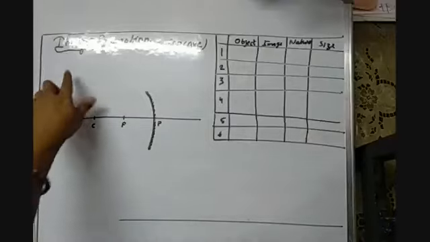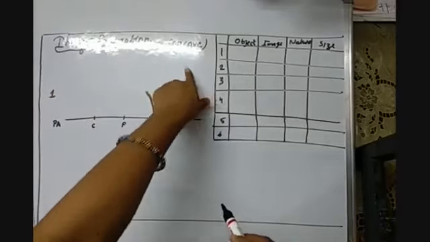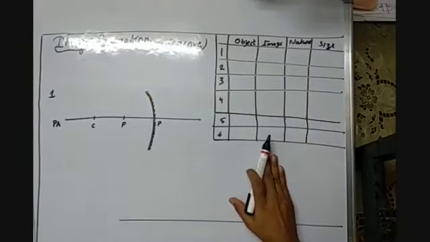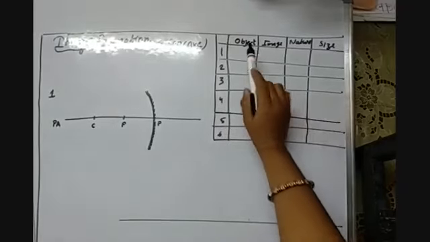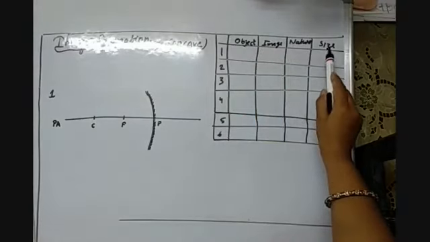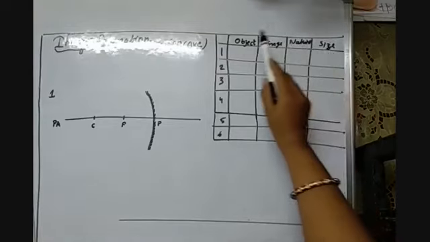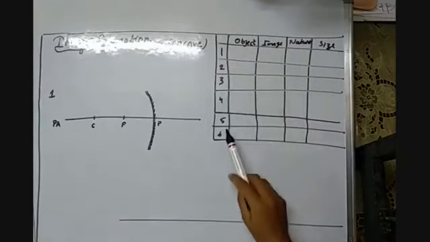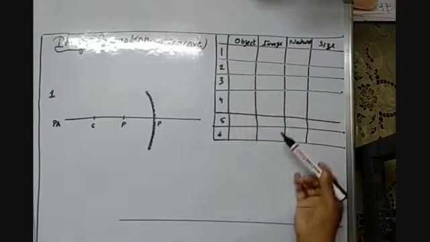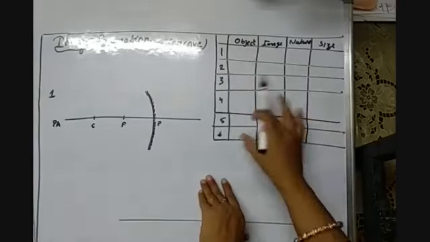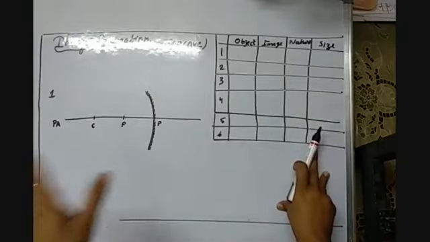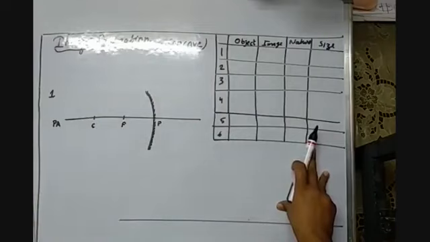Dear students, now let us begin with the image formation using concave mirrors. Here in front of you I have made a table at the right side. Here there are four things: the position of object, the position of image, the nature of image, and the relative size of image as compared to the object. Here I have made 6 rows and 5 columns, and in each of them we will fill the details according to the ray diagram that we are going to make using the 4 rules that we have just now studied.